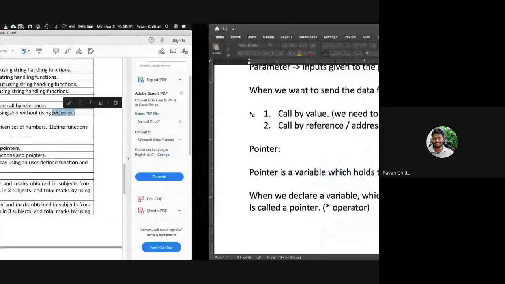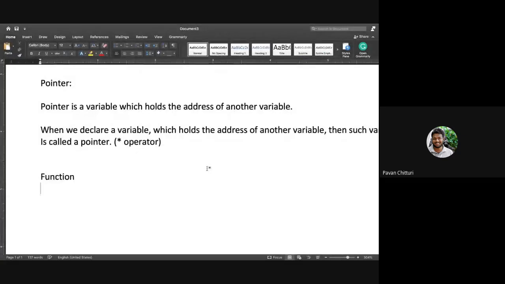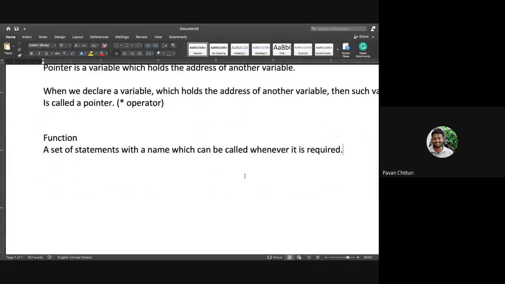So you know what is a function, right? A function is nothing but a set of statements with a name which can be called whenever it is required. For example, I'll write examples n number of times. Void main.